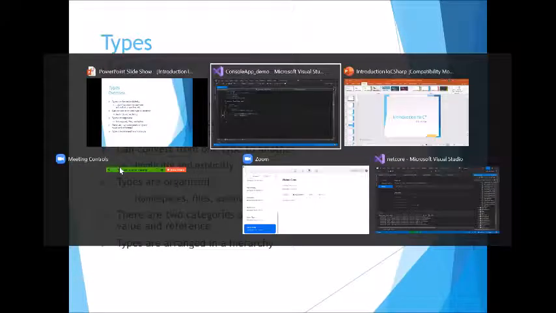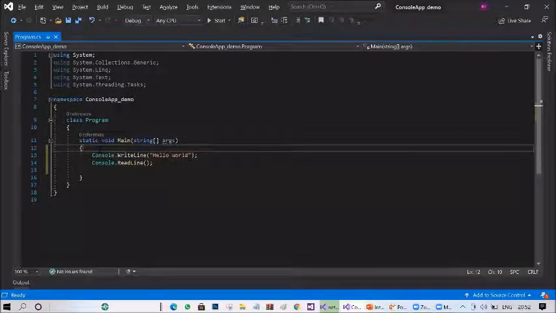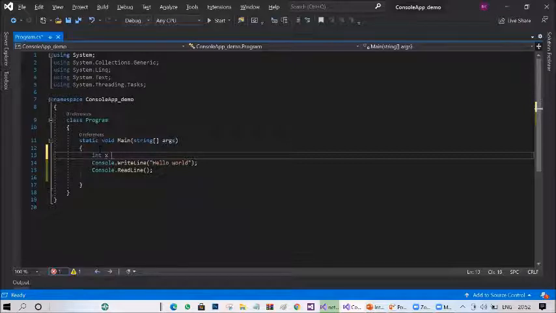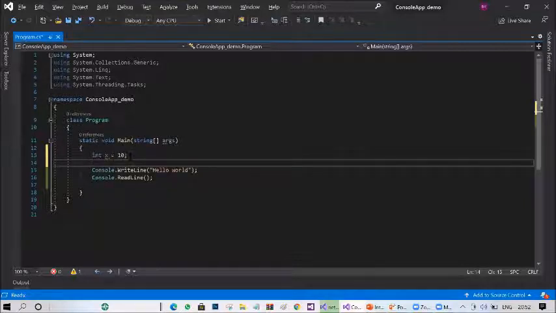Let's flip back again to our console application and understand more about this. See, int x equal to 10. Here int is a data type, and we are assigning a value to that variable.